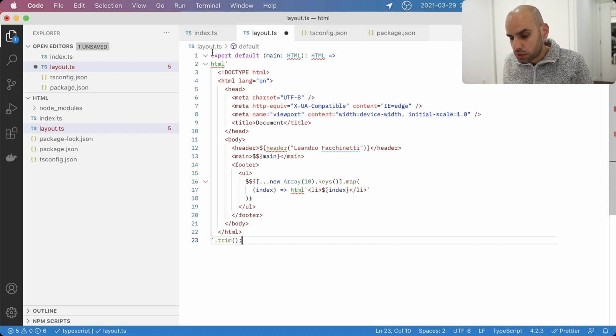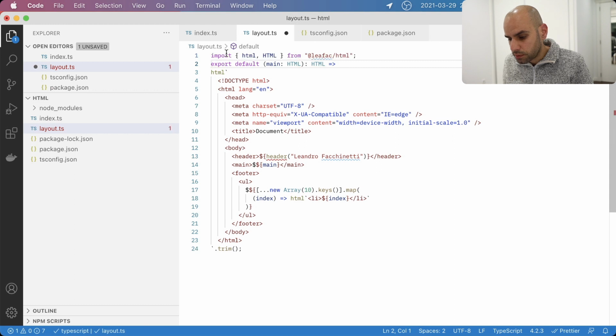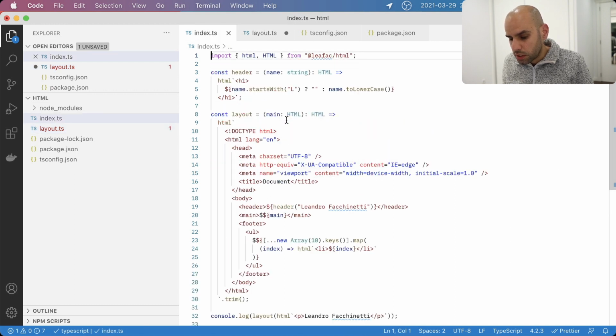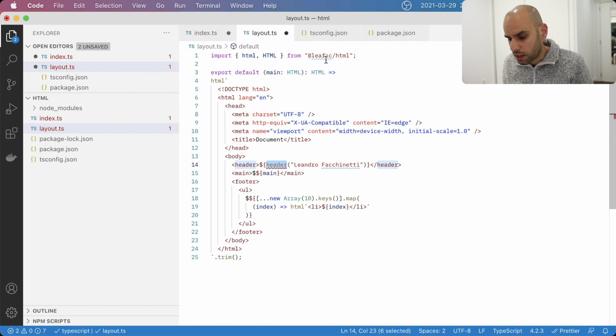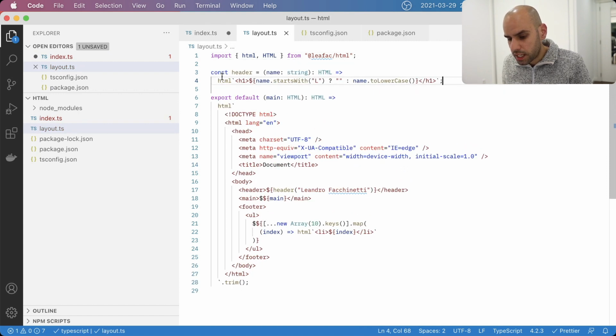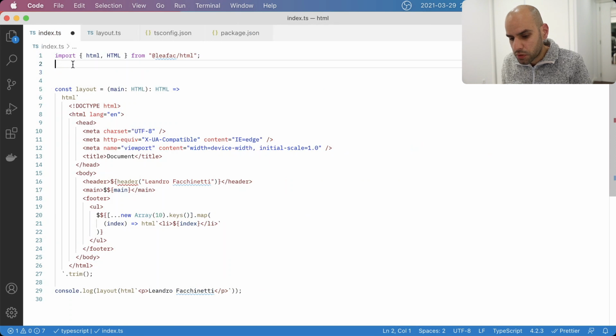And of course, you would need to import the library as well. And here my header is not available, so I guess I could extract this into its own file, but I'm not. I'm just going to paste it down here. So now I have everything that this file needs, and then in my index, I can import the layout from layout,